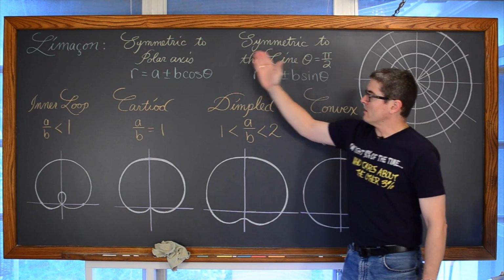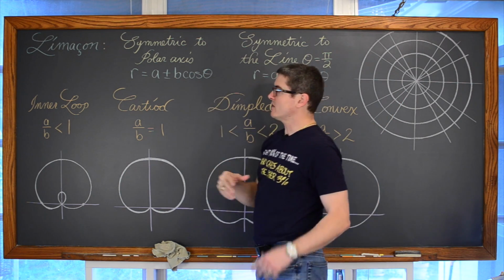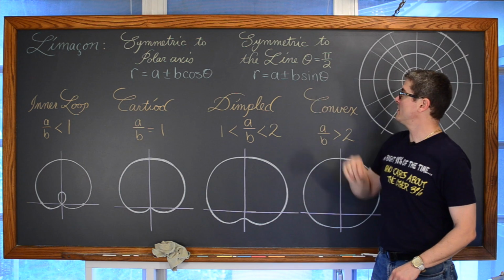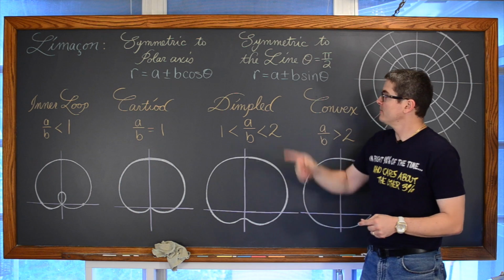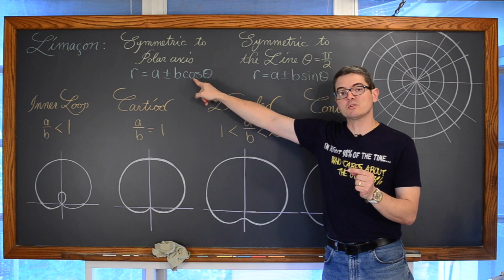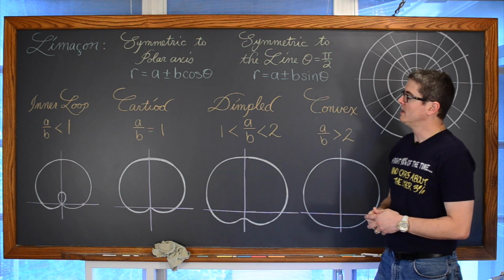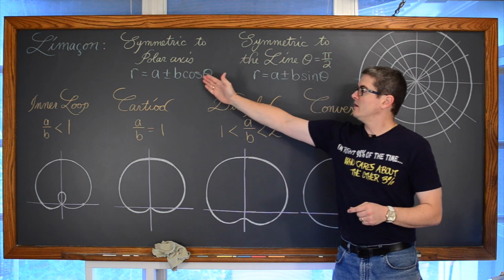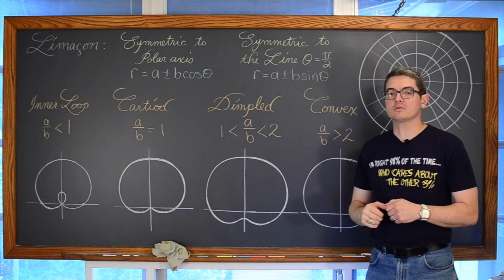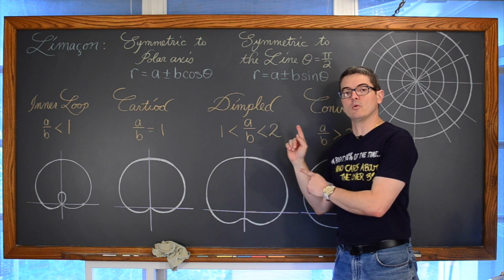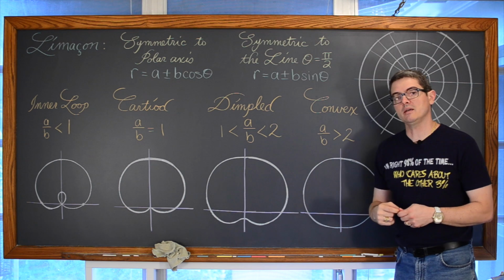If an equation is exactly in this form, it can't deviate. A and b can be pretty much any value, but we have coefficients of 1 on the theta in the functions of cosine and sine. So that's how you recognize that if the equation looks like this, it is going to be a limaçon. And there are 4 different types of limaçons as well. Even though I'm telling you this is going to be symmetric to the polar axis and this is symmetric to the line theta is equal to pi over 2, when we get to this example, I am going to go through those 3 symmetry checks that I showed you at the beginning of the lesson.